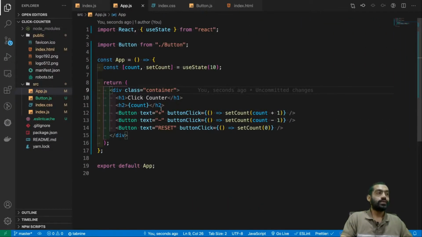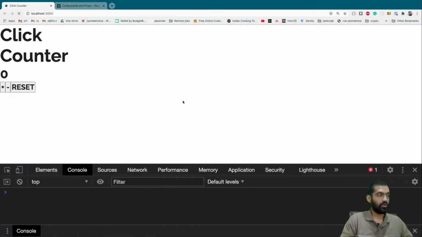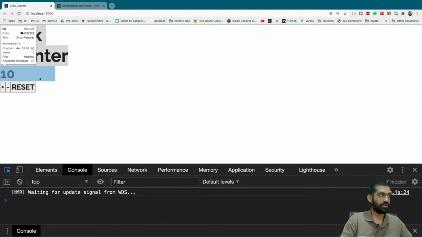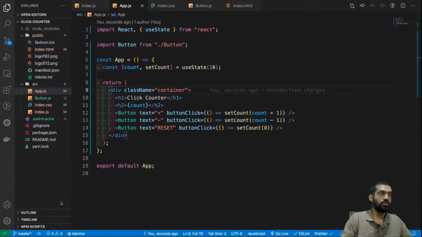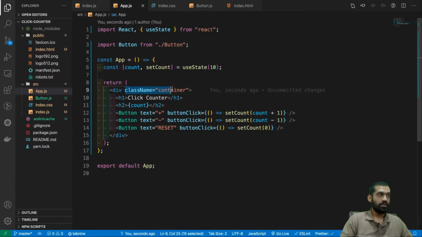Okay, so in React, we used to write class in HTML, right? We cannot write this as the class in React because class is the reserved JavaScript keyword. We have to write class name. Okay, now if we refresh, the warning's gone and the width is 100. Let's just see div container. Yeah, everything else is margin now, but this is not how we'll do styling right now.